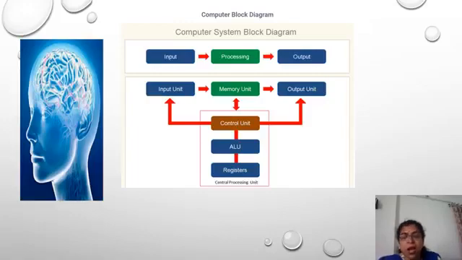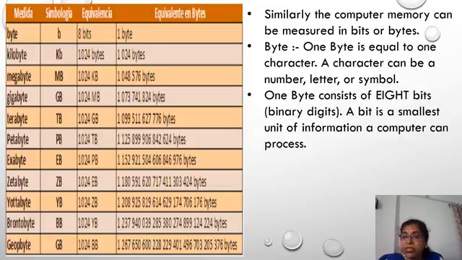subunit. Now, these memory units, memory means to remember something. Okay, it is having different slots in the memory unit of the computer. What is this memory and how is it measured? That we have learned. Many different things are measured in different units, like kilograms and grams for measuring different things. To measure liquid items, we have liters, milliliters, etc. Similarly, computer memory can be measured in bits or bytes.